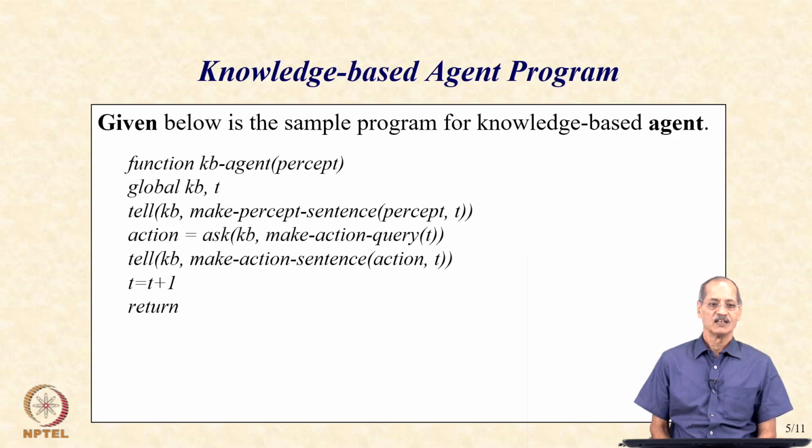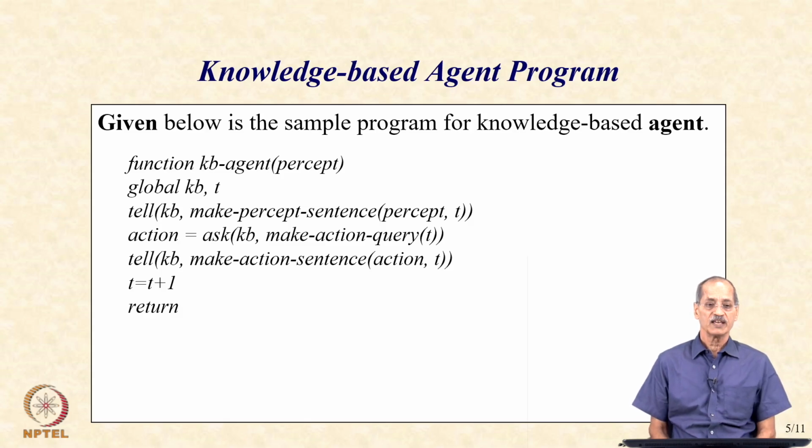So, let us say function KB, short for knowledge based agent, gets a percept. There are only two variables now, the knowledge base, the database, and the time, because now the time becomes important. At what time the information was generated, because it is possible that there was information generated at some earlier time and now that information is no longer valid